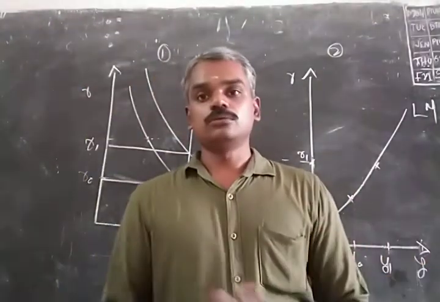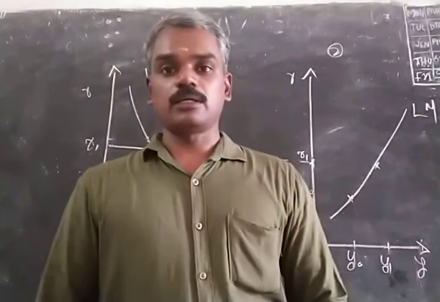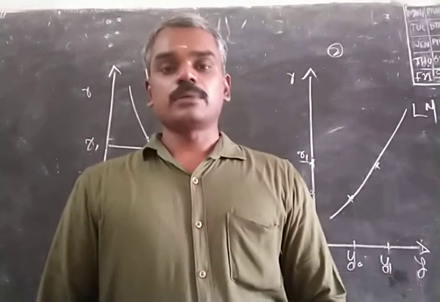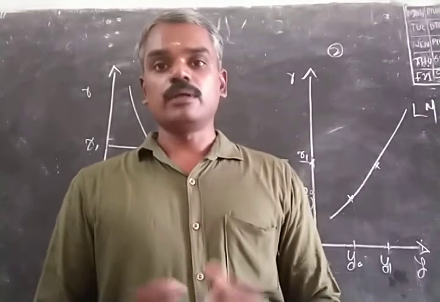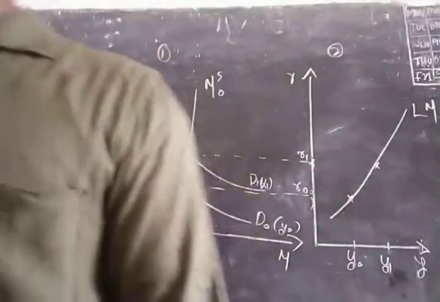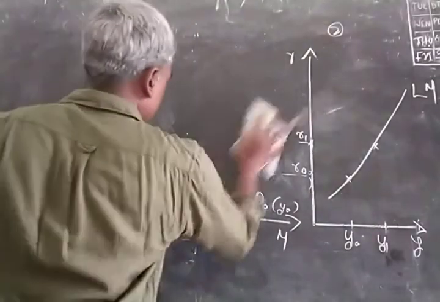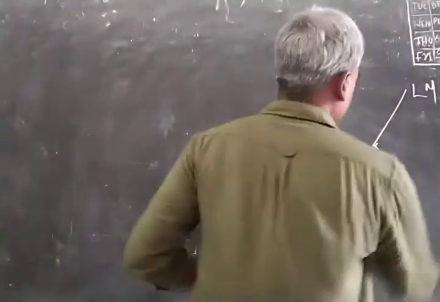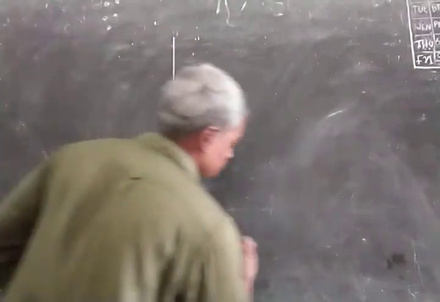Now we have got the two market equilibriums, the goods market equilibrium as well as the money market equilibrium. The IS curve represents goods market equilibrium and the LM curve represents money market equilibrium. We can bring these two curves together and find the equilibrium in a two-sector economy. A two-sector economy is one which has a goods sector as well as a money sector, a financial sector. So we have a new diagram.